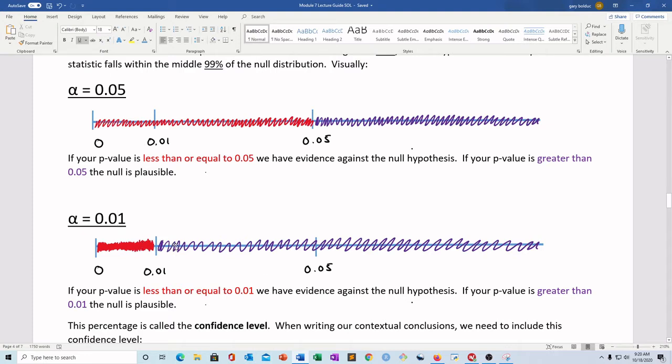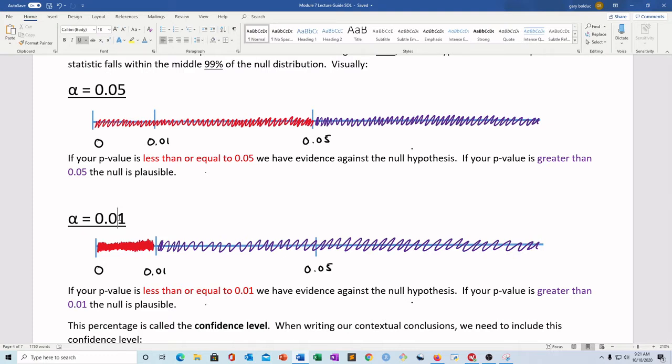So I've got this much larger range of numbers here for the p-value where my null is plausible. So in essence, I'm making it more difficult to throw out the null. You've got to convince me more to throw the null out. So let's say it again. If your alpha gets smaller, then that means you need more evidence, more convincing